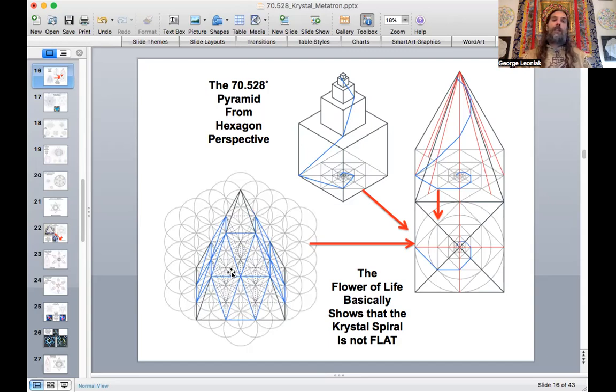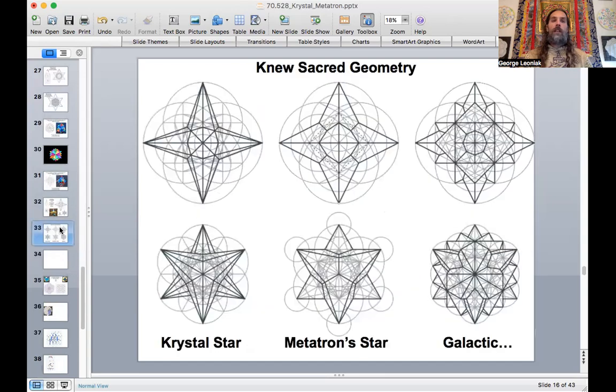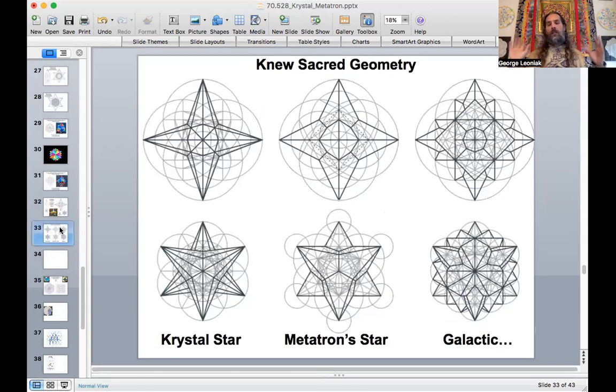So you could continue to make different overlapping pyramids in here, completely revolutionizing the way that I view this pattern. And I hope it does for you too. It gives you a lot of creative ideas and ways to think about this, not only as the structure of the forms that are found in there, as we've always said, flower of life, containing all the forms of creation